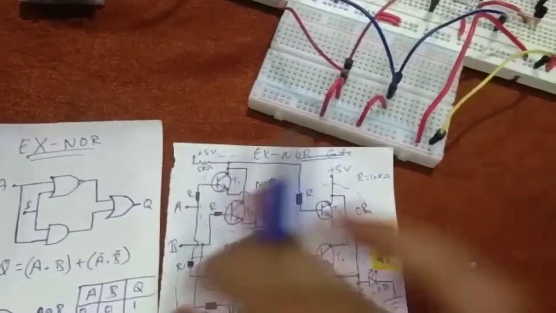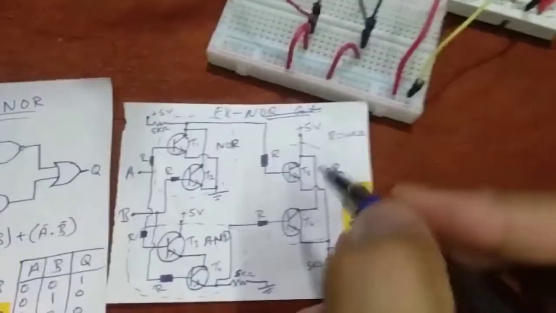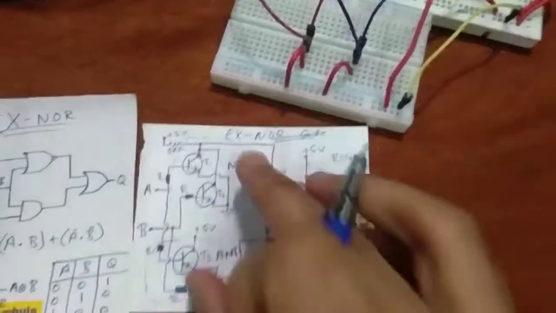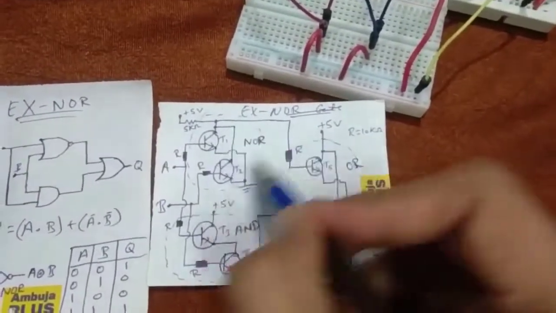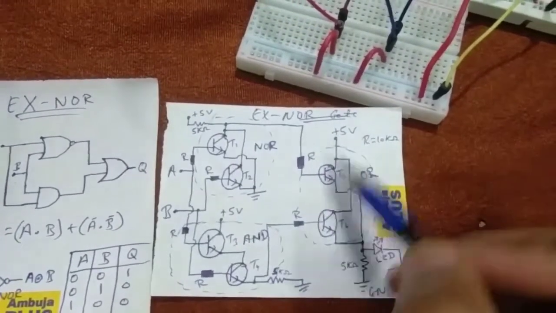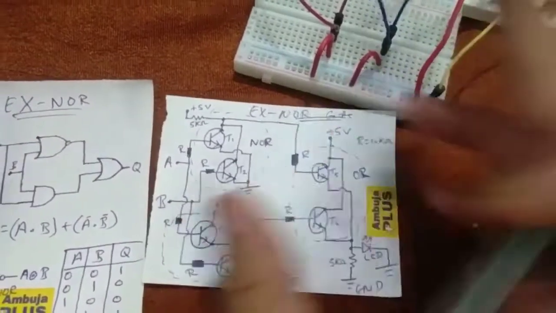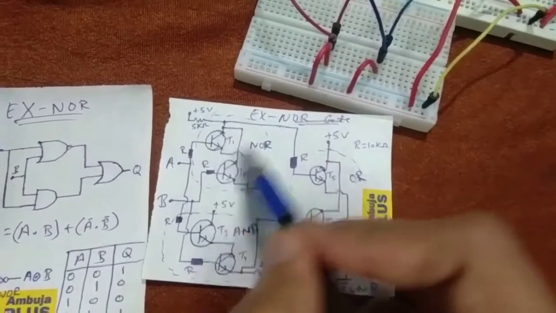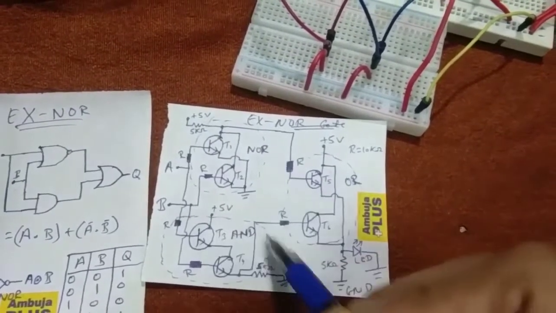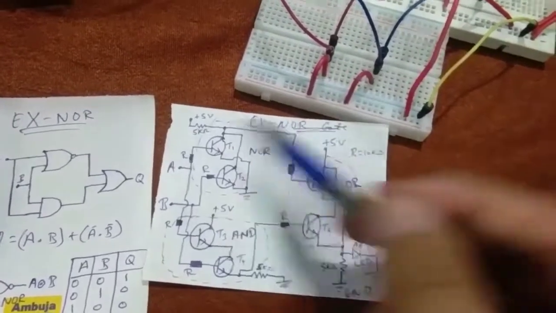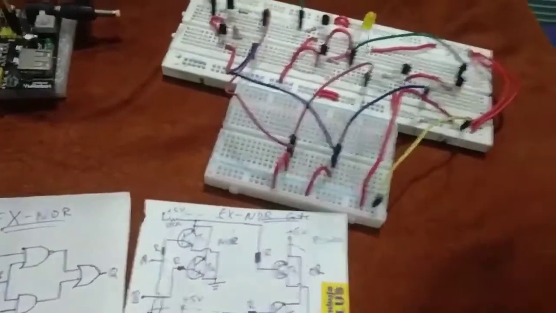Okay, so now we will see how we have built this circuit in here. If you have seen my previous videos, you can see how I have explained building a NOR gate, AND gate and OR gate. Using those videos or methods, you can build these gates individually and use the output of those gates as an input for this gate, and similarly the output of the AND gate as an input for this OR gate's second transistor, and finally you can make this whole working practical circuit.